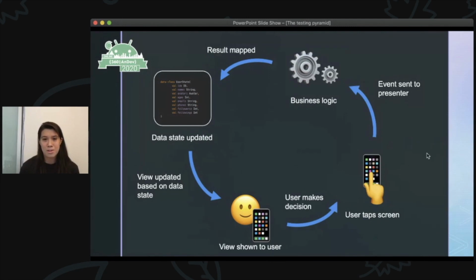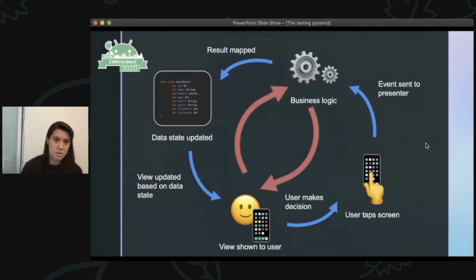So what doesn't work and what breaks the unidirectionalness is if the view makes a request to the presenter that has some type of return. For instance, when it's rendering, it says, oh, am I in state A or state B, or do I have permission A or permission B? Asks the presenter, gets a Boolean or integer or whatever return, and then continues to render its view. That is not unidirectional.